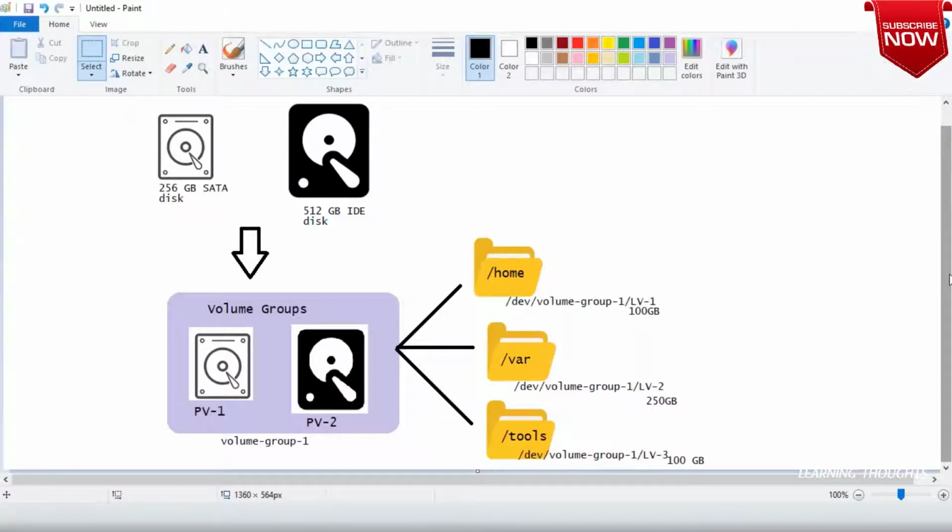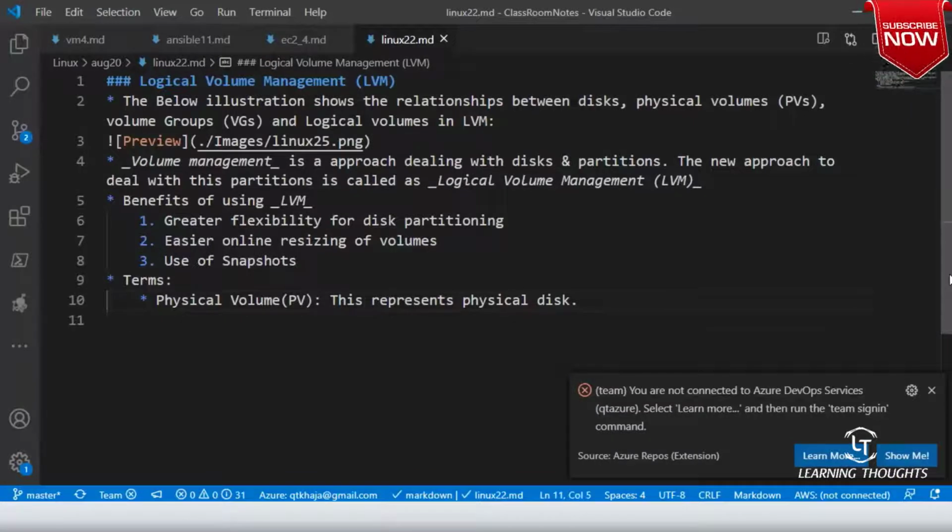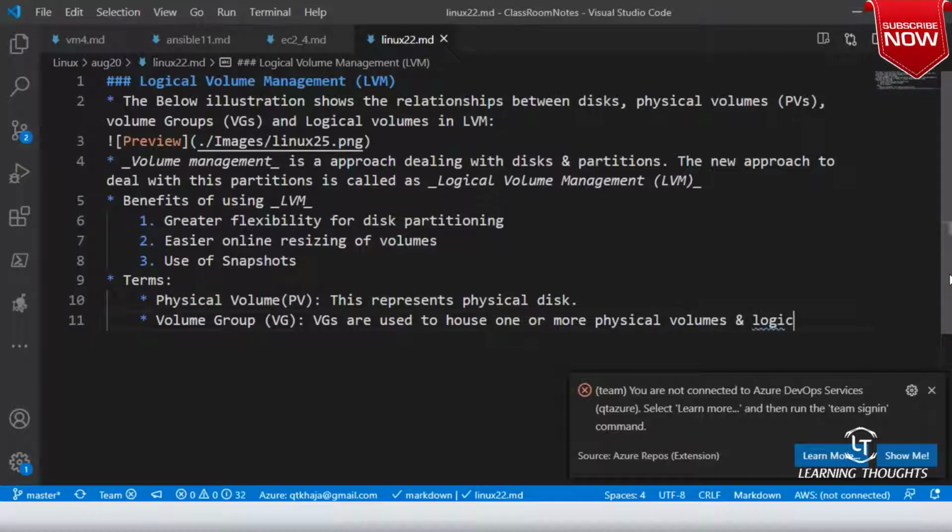Right. Okay. Now next, volume group, VG. So VGs are used to house one or more physical volumes and logical volumes into a single administrative unit.